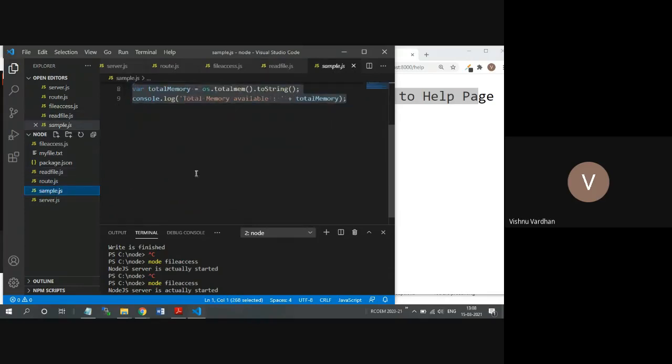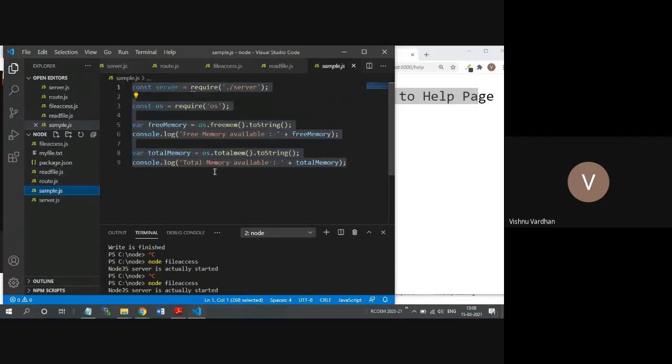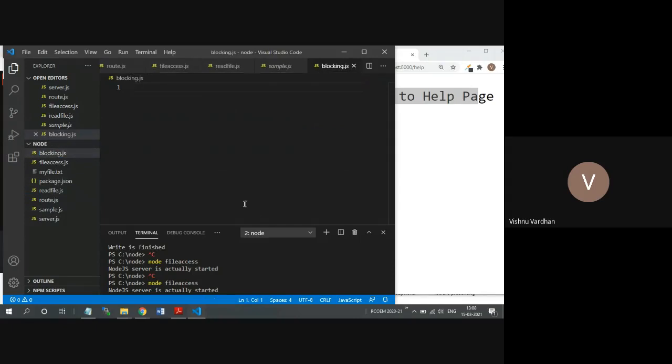If I write everything into this, you may get confused. So let us start with one more file. The file name can be blocking, unblocking, anything you like.